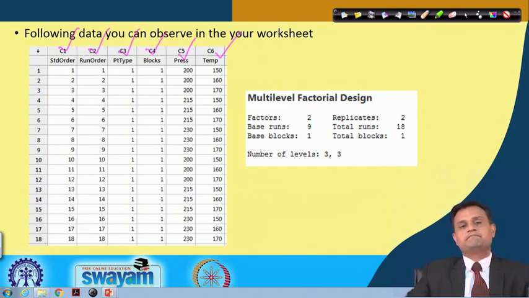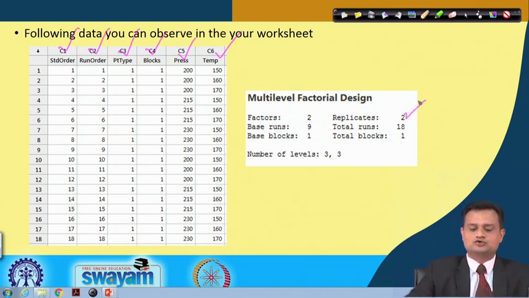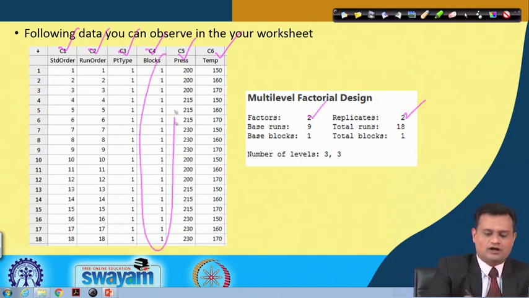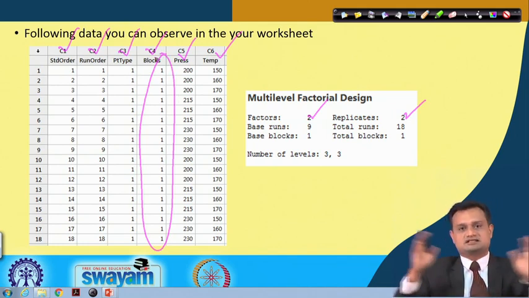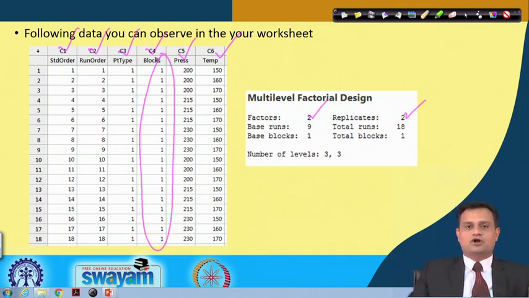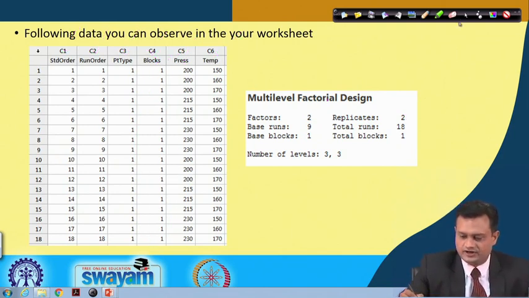Basically your randomized design is created for the purpose of analysis. We have 2 replicates, we have 2 factors and so on. There is block 1 only across, because we are considering the entire design as one block and are not applying any blocking. This is how you can create your design.